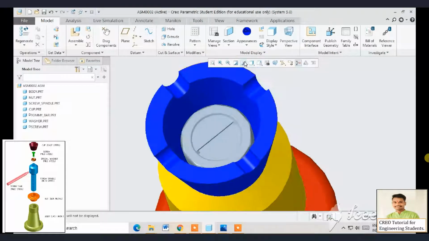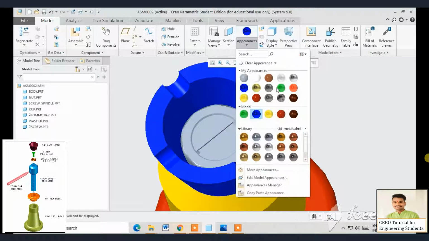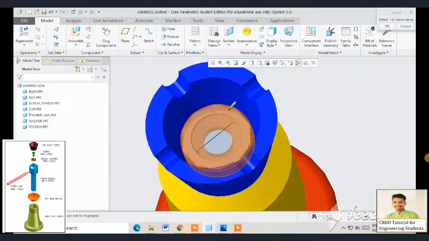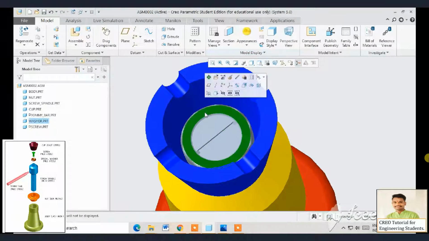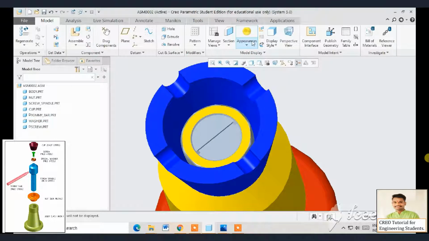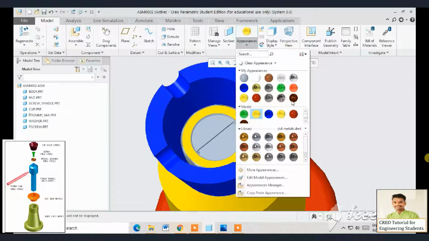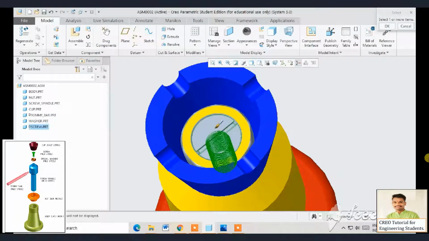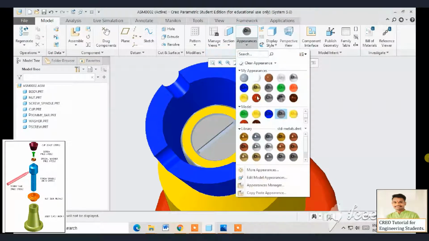Now the next part is the washer. I am going to provide a light yellow color for the washer, and the washer is looking like this. Now my last part, that is the screw, I am going to provide the grayish color. This grayish color should be matched on the screw.